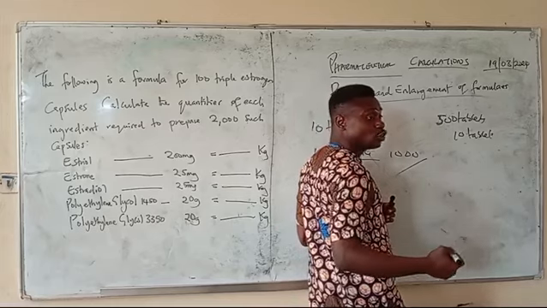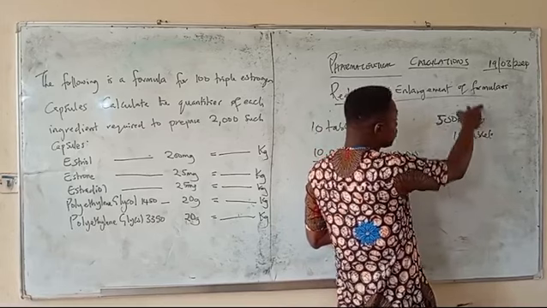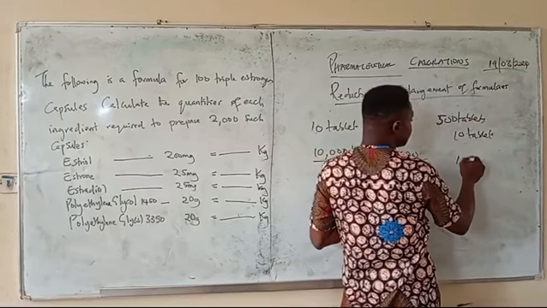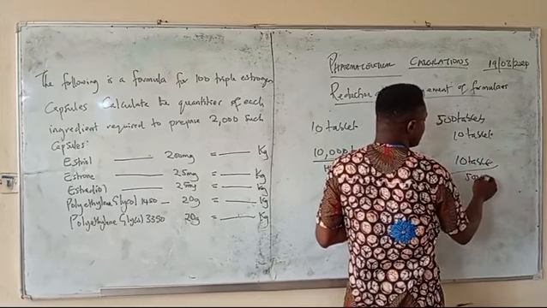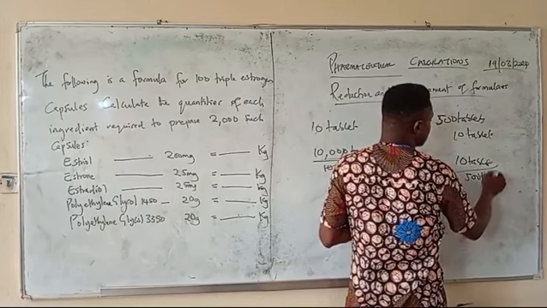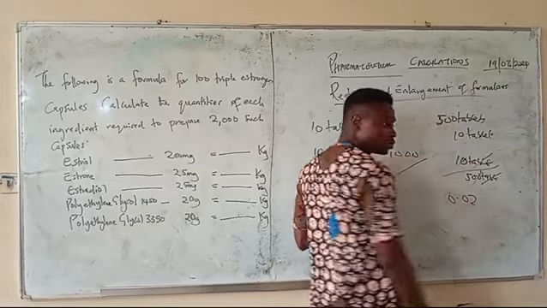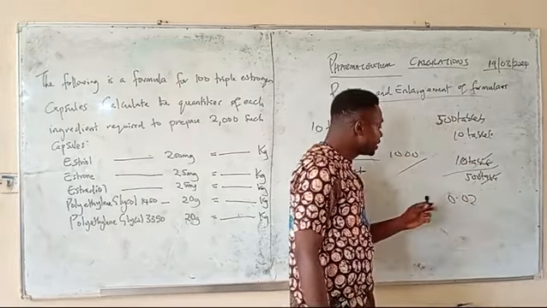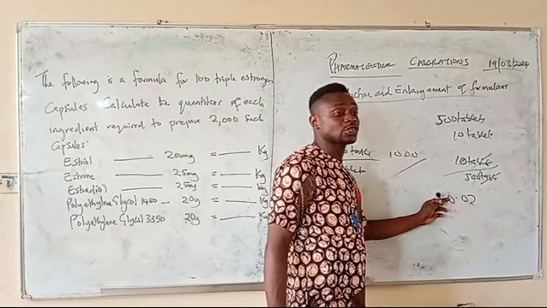How do you know the factor you use? You divide the quantity you want to produce by the quantity in the formula. You have 10 tablets over 500 tablets, tablet cancels tablet. You have 0.02. Now this is the factor, and because it's less than 1, we call it